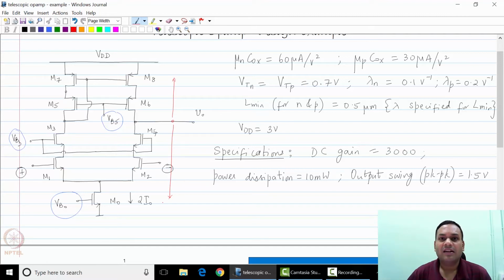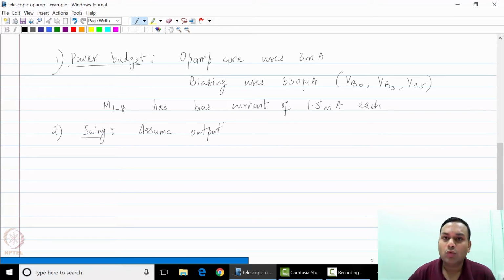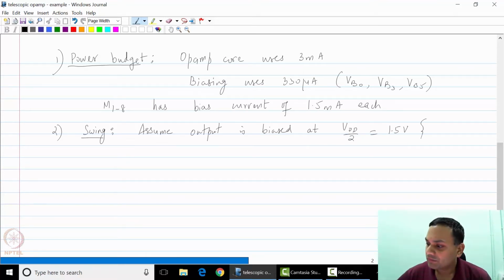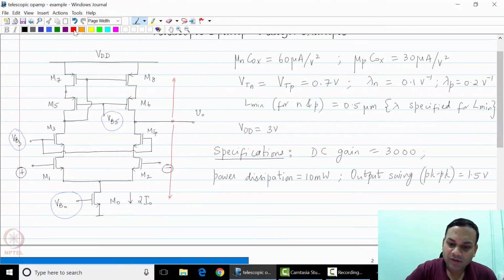We will also make some common sense assumptions. We will assume that when the op-amp is placed in feedback, the output is biased at VDD over 2, which is 1.5 volts, through DC feedback. This is a fairly common sense assumption, because you are making sure that the op-amp can swing up and down around this VDD by 2 value. Once you do that, since we want a swing of 0.75 volts above 1.5 and 0.75 volts below 1.5,